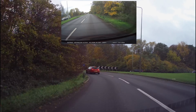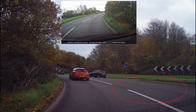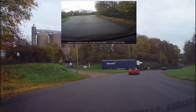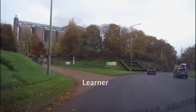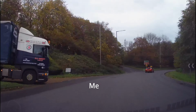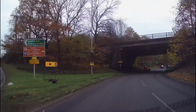So when I do this roundabout going ahead third exit, I know there's only one lane to my right. That lane has to go into the inside of the roundabout. And of course, if there's someone near me, I will be checking that they do this. But now I position much further over to the right, making sure I don't cross the crown line that is to my right, because that provides the right-hand lane essentially. And this now, as I come round, is much clearer that I'm not taking the second exit, I'm actually taking the third. So again, one of the most important things is being aware of how many lanes there are on